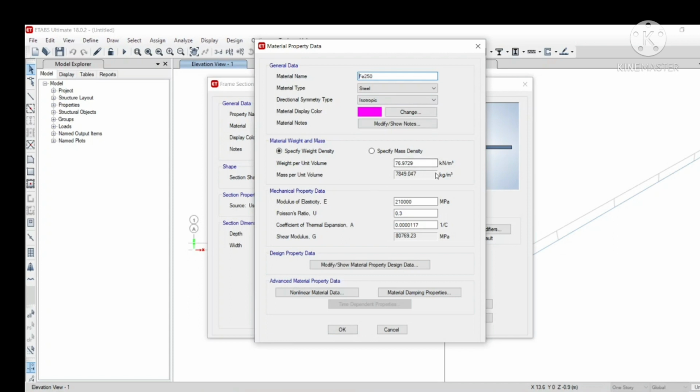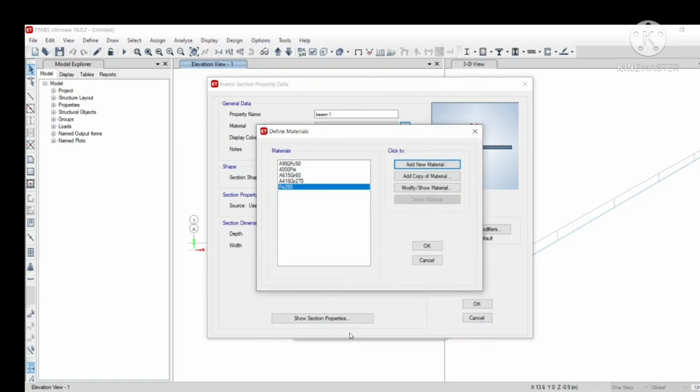The steel weight, let it be 78649. Our Young's modulus is 2.05 into 10 power 5 Newton per mm square. So let us change the Young's modulus for the requirement, and press OK here, and our new material property is made.